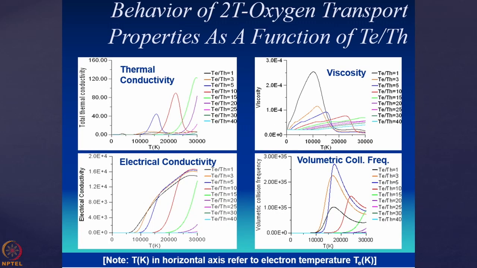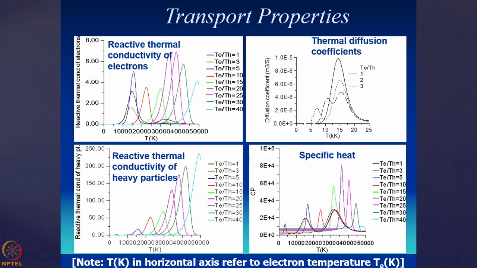So finally what you get, actually I have just given one example that how the thermal conductivity, viscosity, electrical conductivity and volumetric collision frequency varies in such cases. As I told you that they are appearing in the coefficients of your fluid dynamic equations, and you can see here that if you are going from equilibrium to non-equilibrium model, they are varying a lot, yeah. So how they are varying, you can have an idea. So this shows you how important it is to include the non-equilibrium in your modeling results, okay. So similarly you can go for the other things.